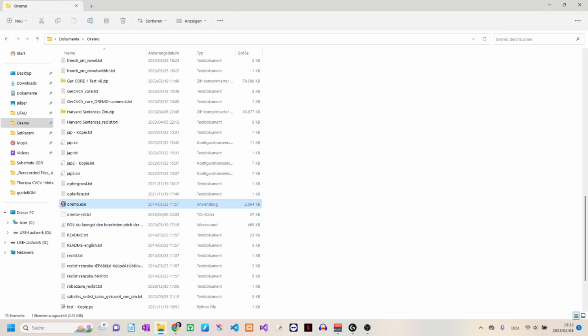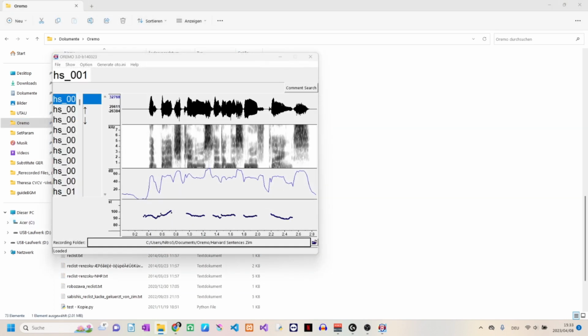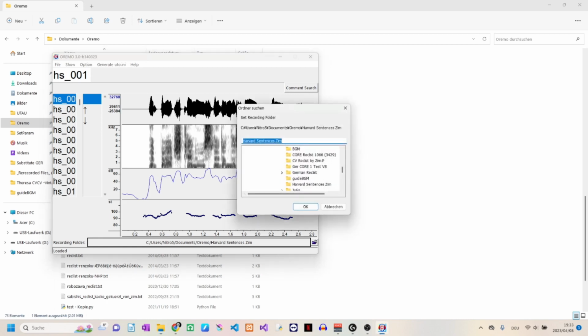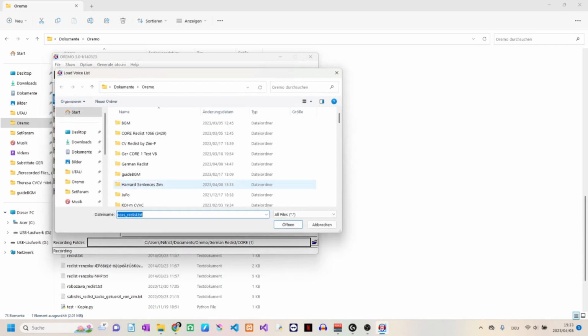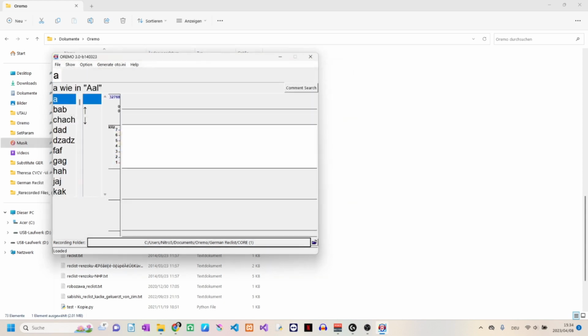That's OREMO. And you see, perfect preparation. You have to choose the core 1 folder. Inside of the core 1 folder is the OREMO comment. And now you can open the core 1 reclist, which has 442 files, and they will look like this. And now you can just read out the word Babylon in this case, and you will later on configure bar and up. So that's basically everything you need to know about